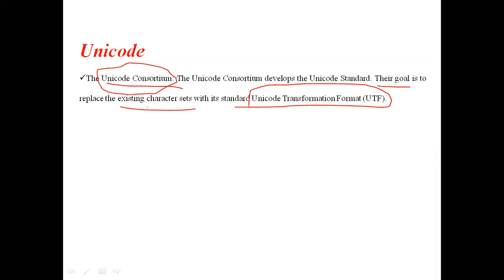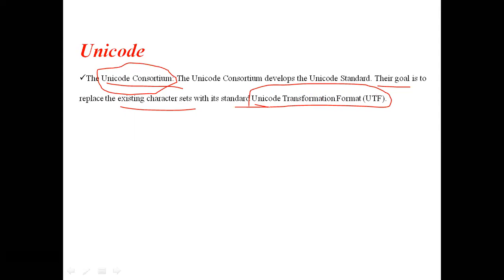We know the C language has many characters: alphabets, uppercase and lowercase, digits, special symbols, white spaces. The goal is to replace all the existing character sets in the languages with the standard Unicode Transformation Format. Unicode means universal character code, with a standard transformation format that the entire world has to accept.